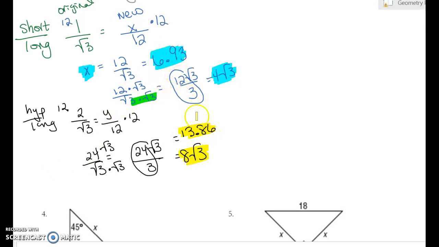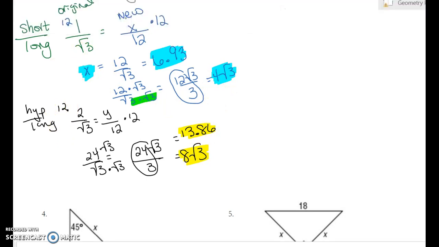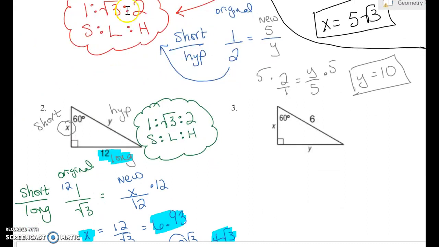Again, some teachers are okay with the decimal. If you're more mathy and you're in a more advanced class, then you need to be able to understand how to do the rationals. Okay, so what I'd like you to do is let's go back up to number 3. I'd like you to try it on your own, and when you think you have it, you could press play